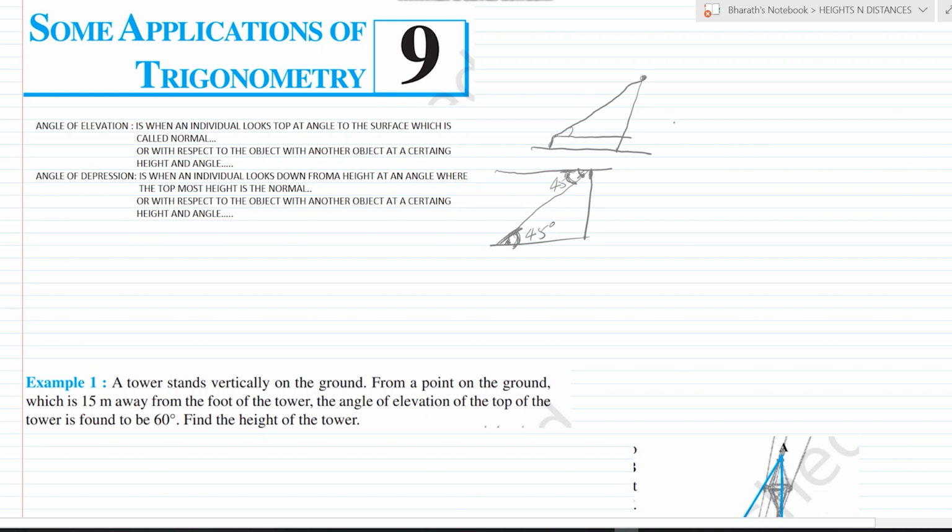Fine. In this whole chapter, you just have to learn the sine table, cos table, and tan table. We all know that, right? 0 degree, 30 degree, 45 degree, 60 degree, 90 degree. Sine 0 is 0. This is 1 by 2. This is 1 by root 2. This is root 3 by 2. This is 1. And for cos, it's the reverse.